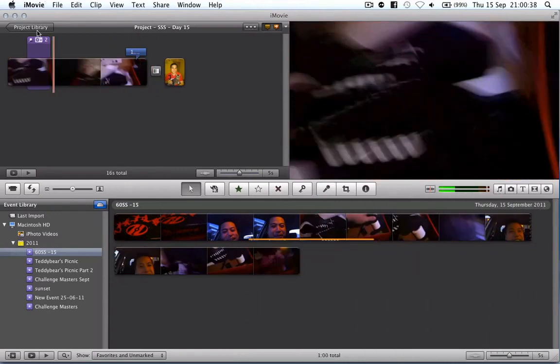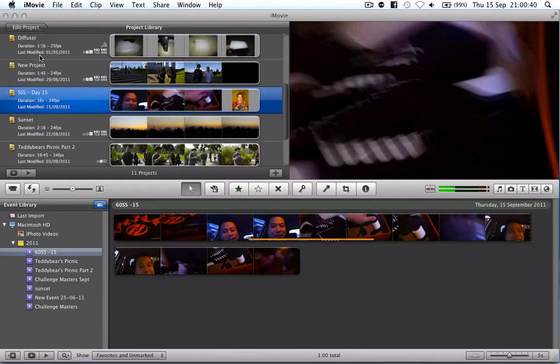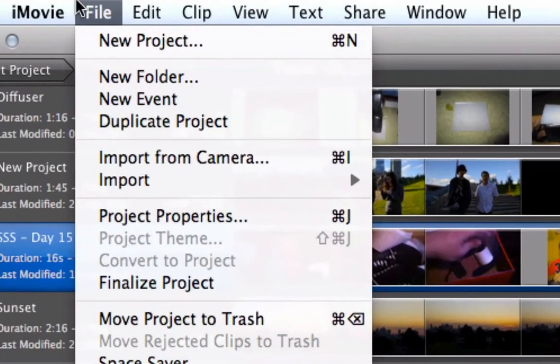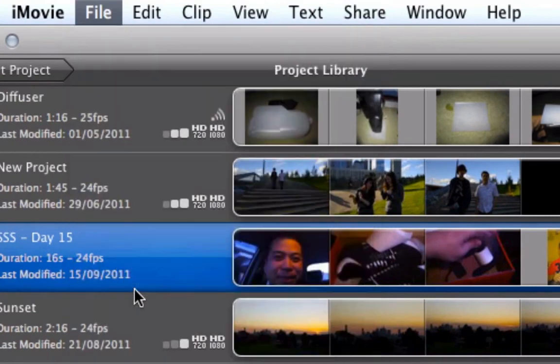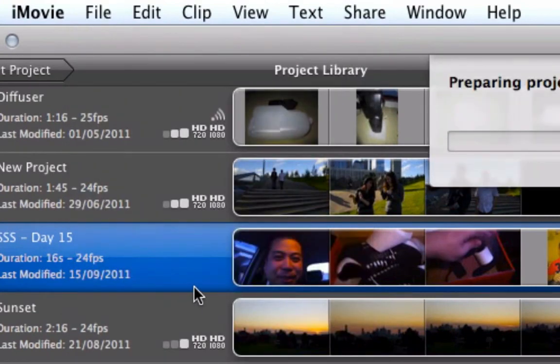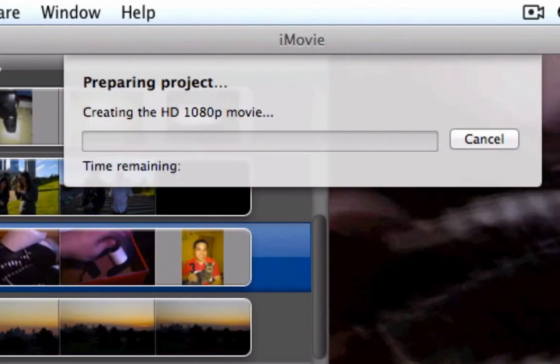So once we're done with our iMovie, we go back to the project library. What we can do from here is I usually finalize the project. Now this shouldn't be very long, being that it's a 60-second clip. What it does is it goes through and creates the 1080p, the 720p, and a couple of other versions. Wow, that is going to take a little bit longer than I thought. And that will give you